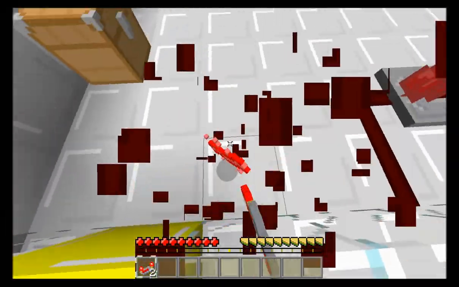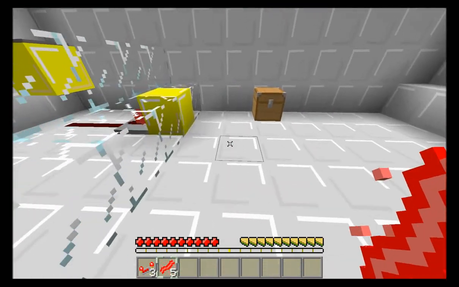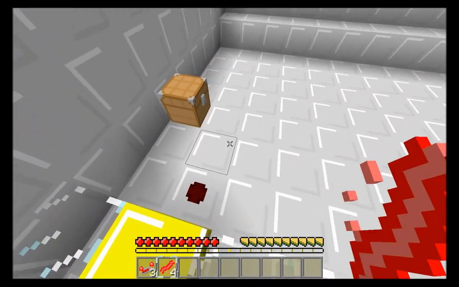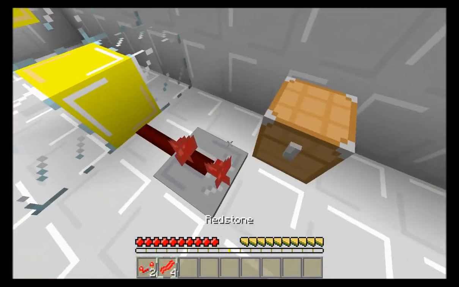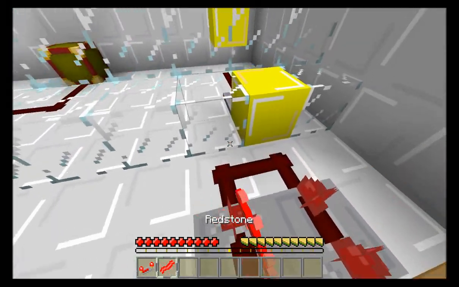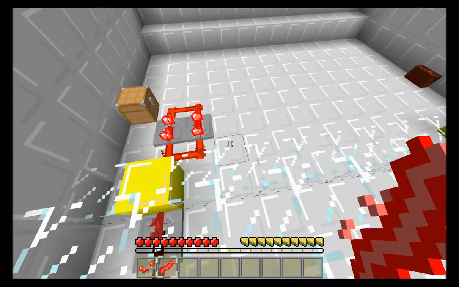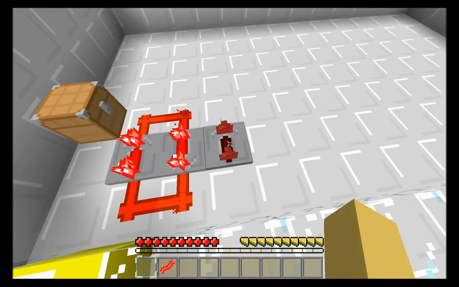Unless, if we do it that horizontal way, what have we got? 5 things. This might be possible. Maybe. Because in this way to extend it, we just have to go...